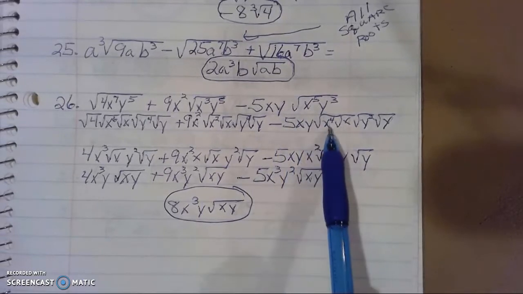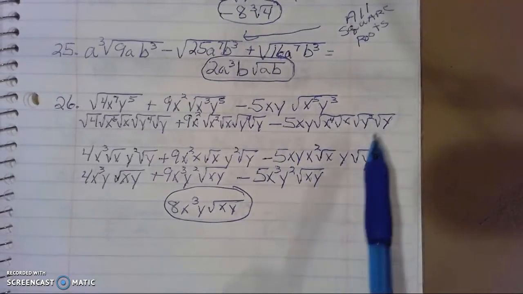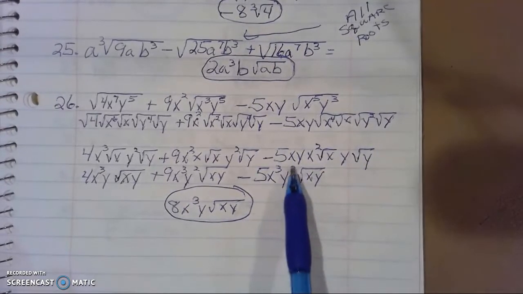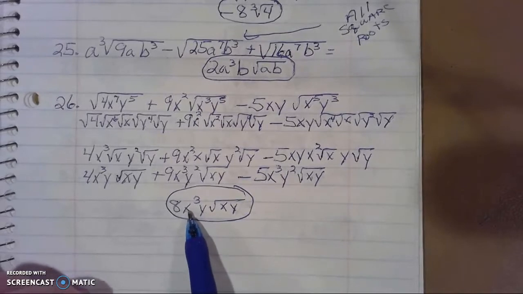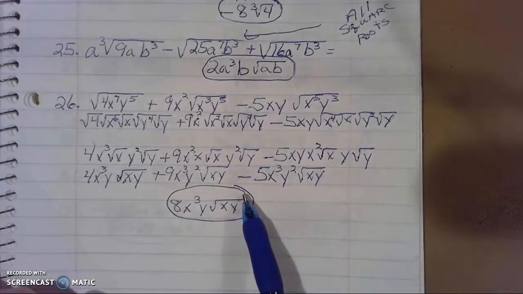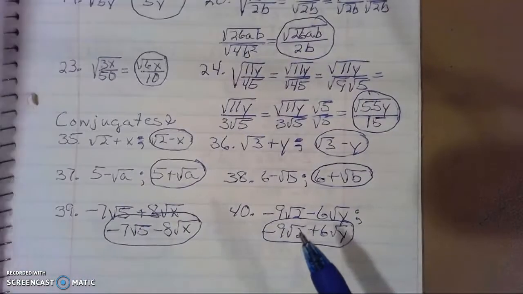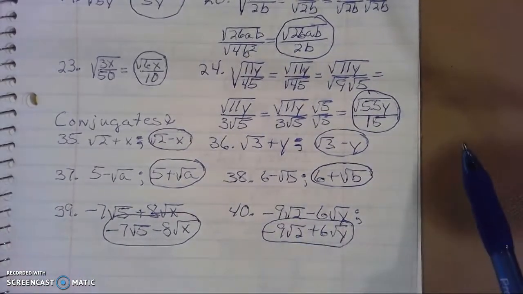Then the x to the 5th, I break down into x to the 4th and x, y squared and y. They break down here; follow through the steps: 8x cubed y square root of xy. This lesson, 10.4, takes some real concentrating on it. Then 10.5,